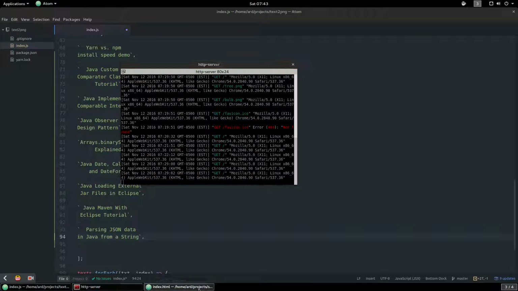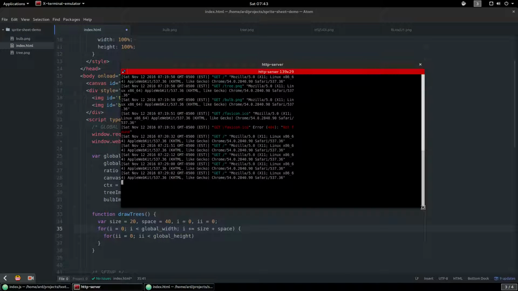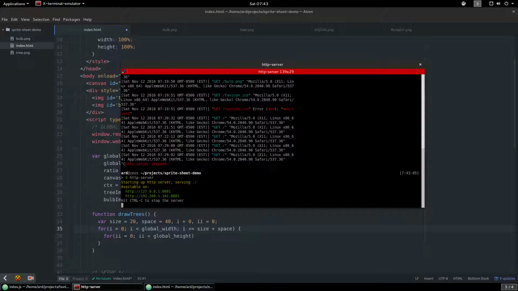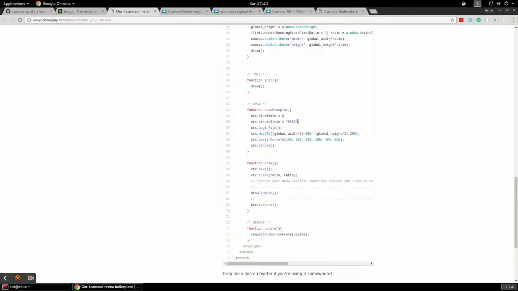And what the boilerplate looks like right now, I've actually got this little HTTP server running here. It's just a Node app, and it'll serve on port 8081. What their boilerplate did, it just drew an example line here. This is what it actually looks like right now. But what we're going to do is go through the width and then down the height and draw